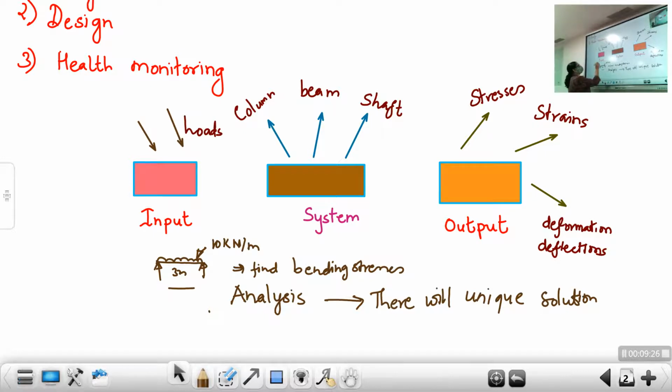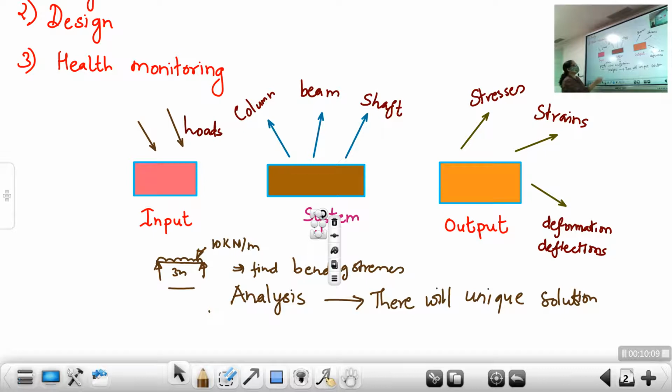For this, the input will be known to you. In a design problem, they will say that yes, this system has to carry this much load. And also, the output will be restricted, which means on putting this load on this system, the deflection should not increase more than this number, or the stresses should not increase more than this number, strain should not increase, and so on. So there is a restriction on the output. Inputs are known to you, there is a restriction on the output, and you have to design this system.